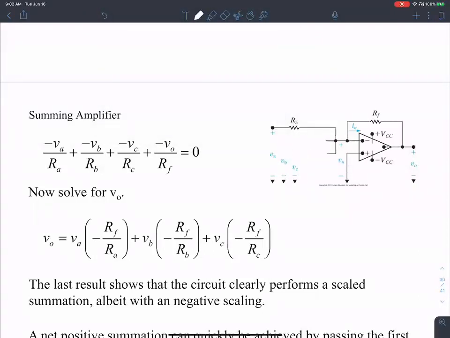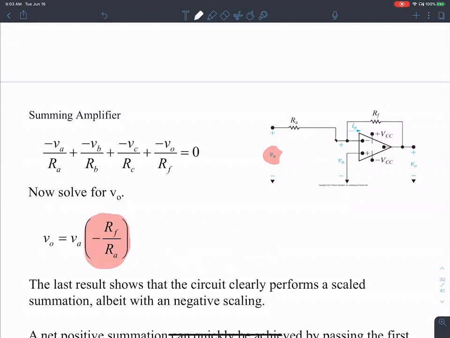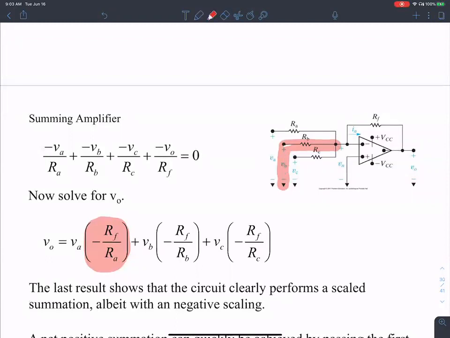So all of this, this VA corresponds to the inverting amplifier configuration here. If you were to remove all of that, well, what do we have? We have our good old inverting amplifier configuration. Then we can add another branch over here, that guy, and that guy corresponds to the